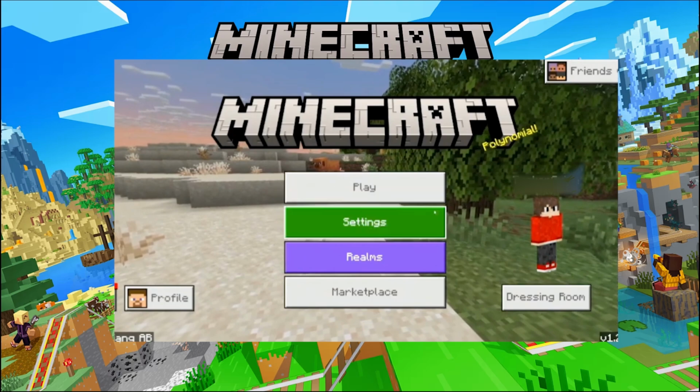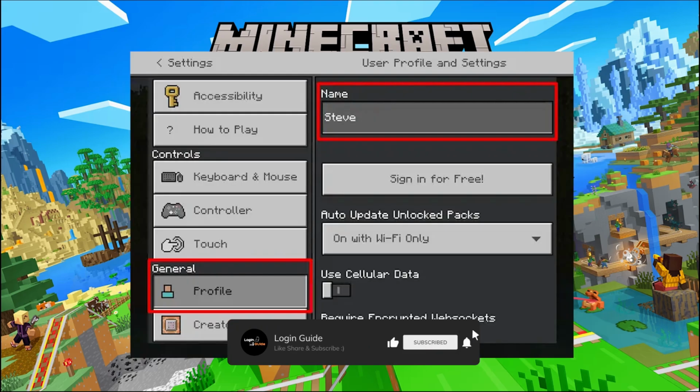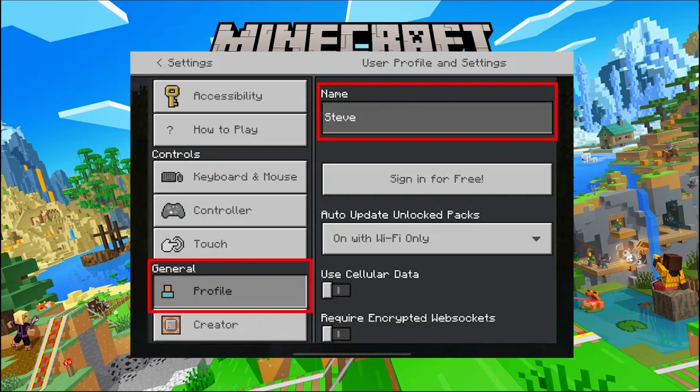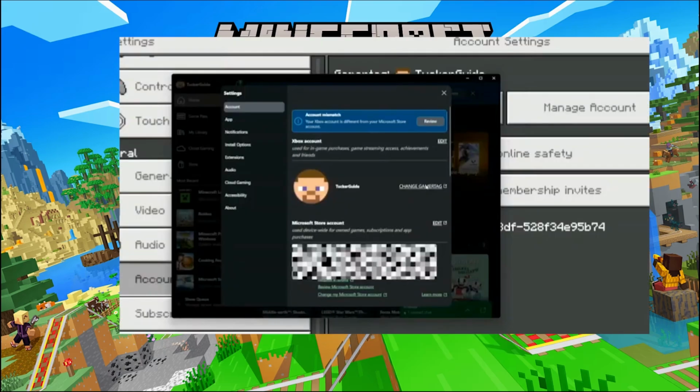So first, from the main menu, you need to go to settings, and then on the left side, scroll down and select accounts. From there, press change Gamertag and the action will open the Xbox website. When your Xbox account is linked, once there, click on change gamer tag again, and you can then type in